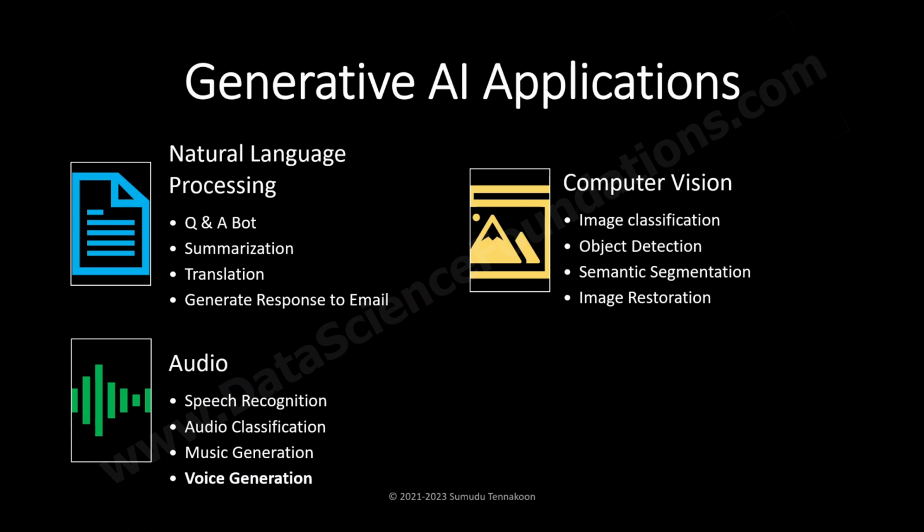You can use generative AI for audio classification and also to generate speech and music both. If you wanted to use the generative AI model for text to speech, it is possible to do that. So we'll discuss some of the examples combining these different modalities, text, audio, and computer vision together to build some applications. In this video, I'm going to demonstrate a high-level understanding of these applications,